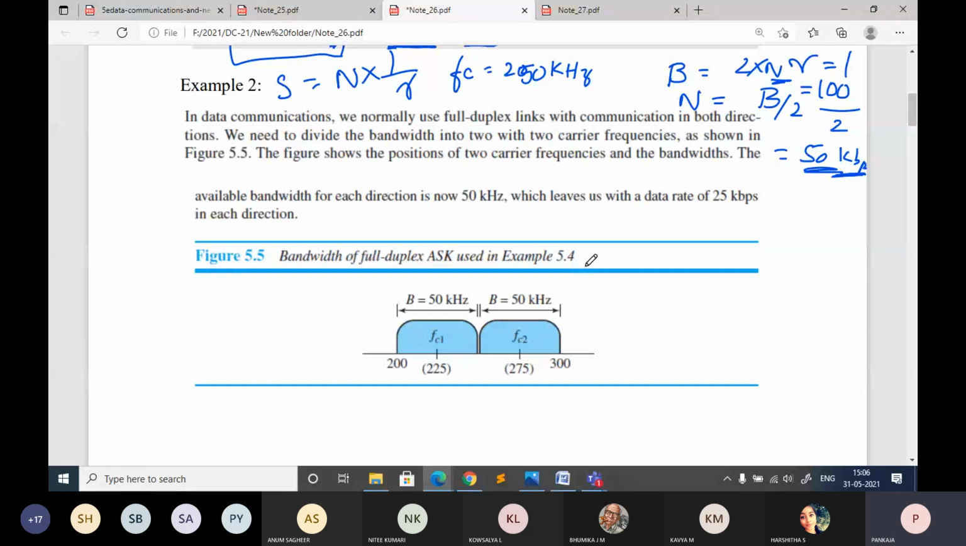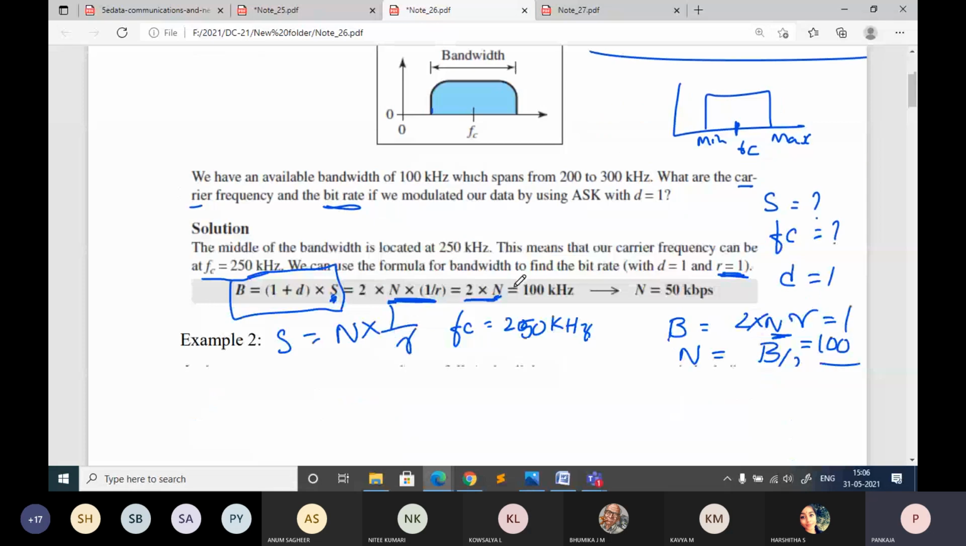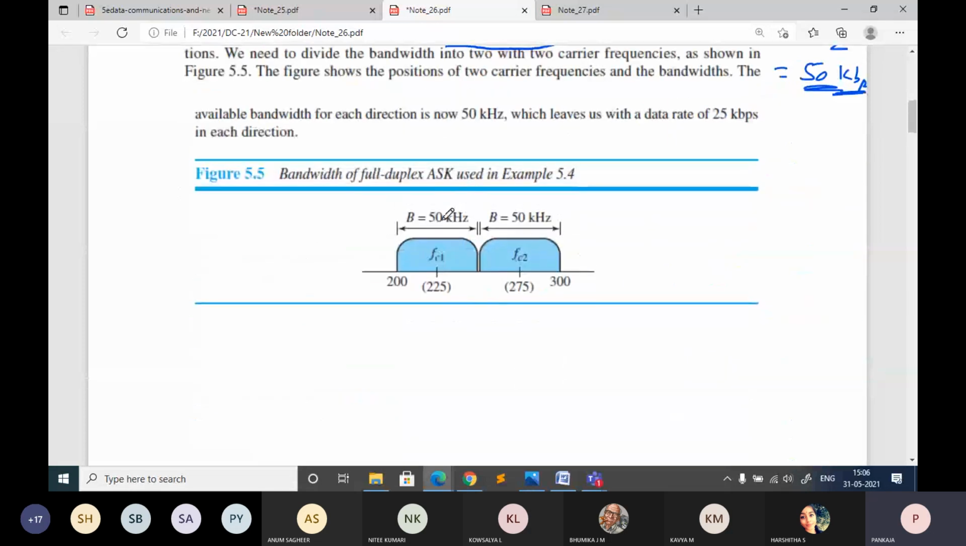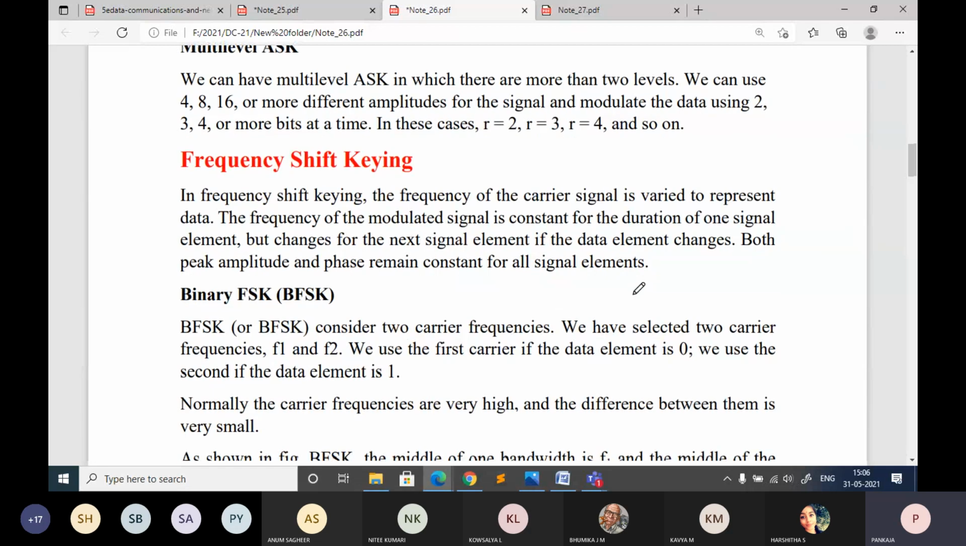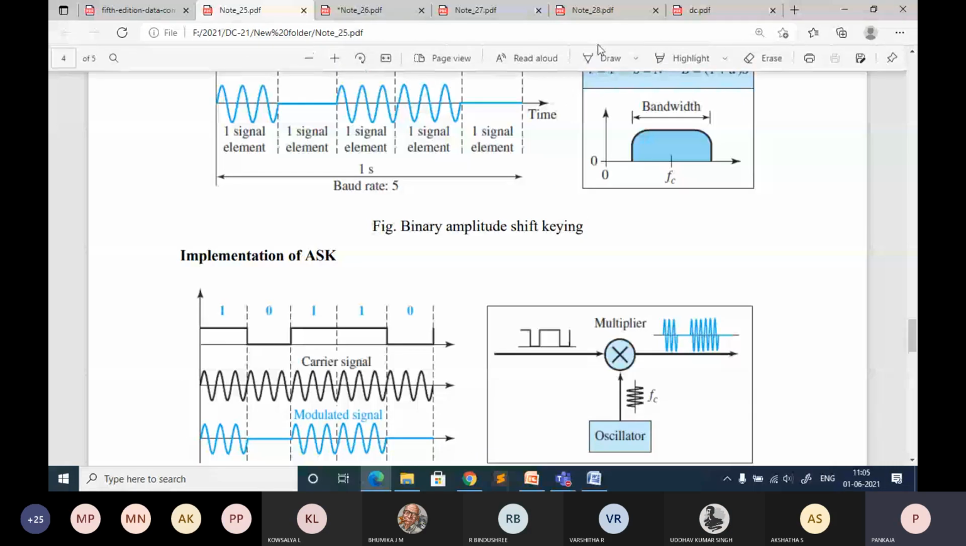There is one more problem I want somebody to solve. This is just where they have used the concept of full duplex link. In such a case, how to calculate the mid frequency of the carrier signal? You just go through this. If you have understood this part, you can understand this problem also. Okay, so in tomorrow's class,